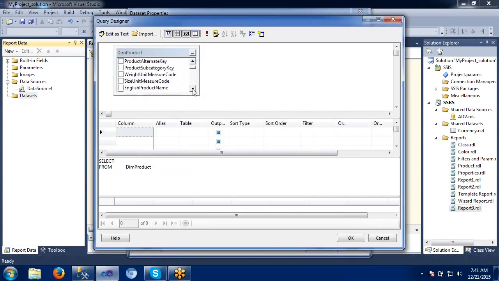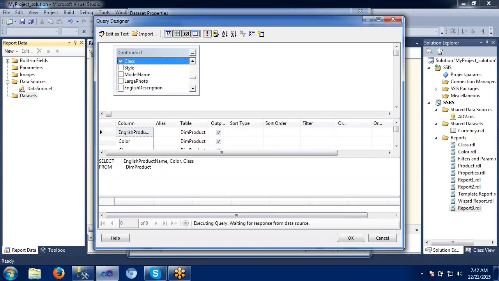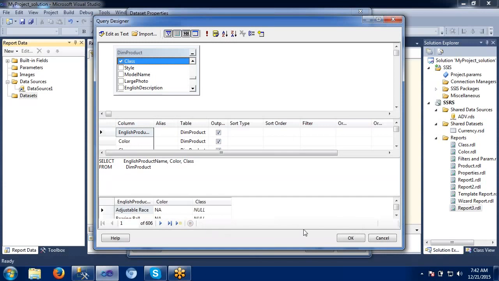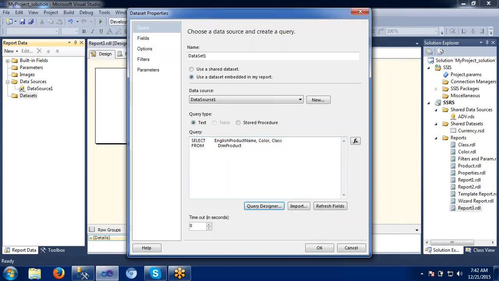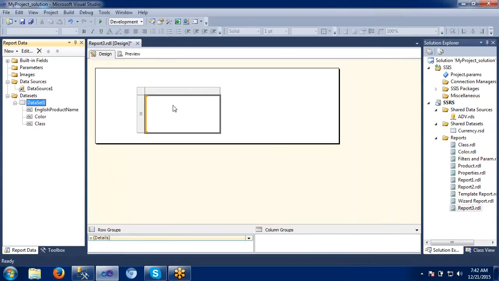To make it easy, I will just take it here only. I'm taking English product name, color, and something called class. Okay, this is enough for me to work on this list. I am getting 606 records, which means my query is fine. I'll just click OK. Now my data source and my data set are ready for me.